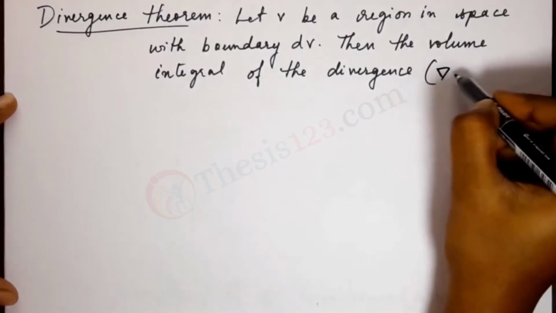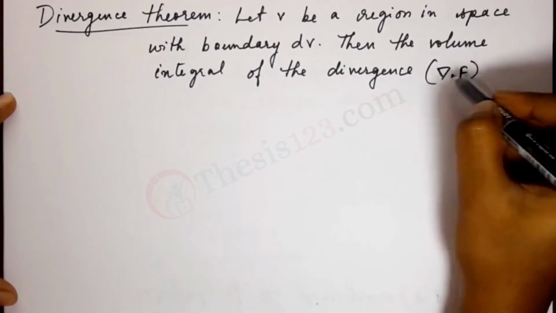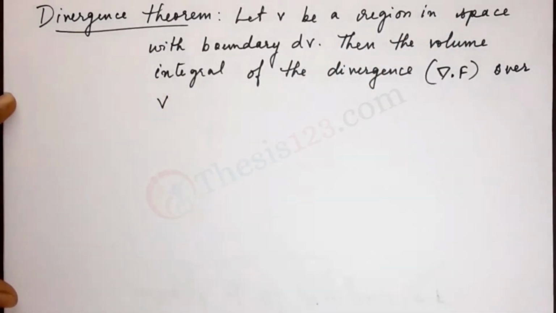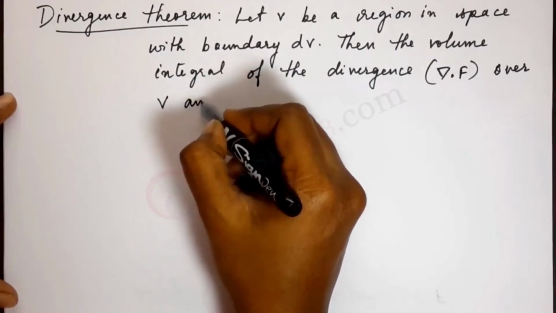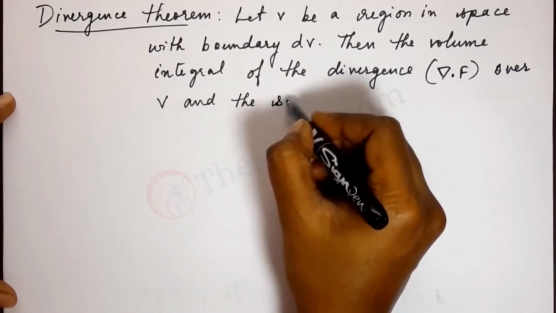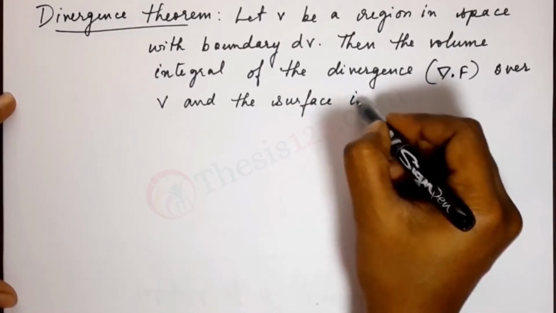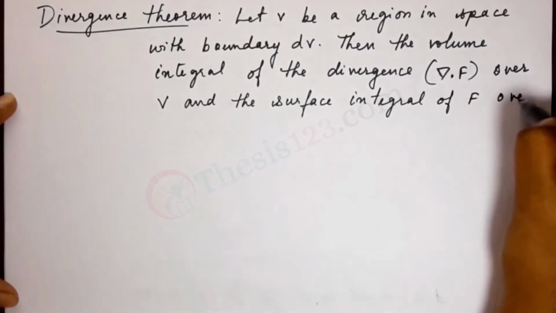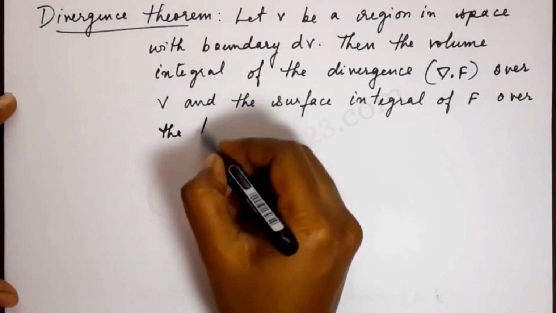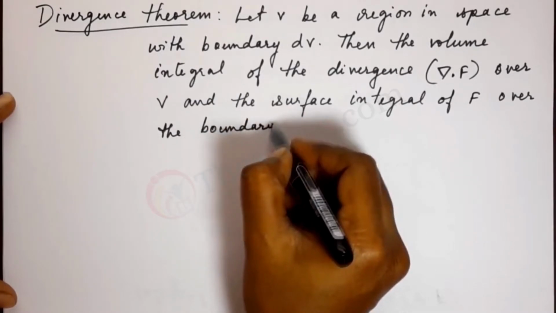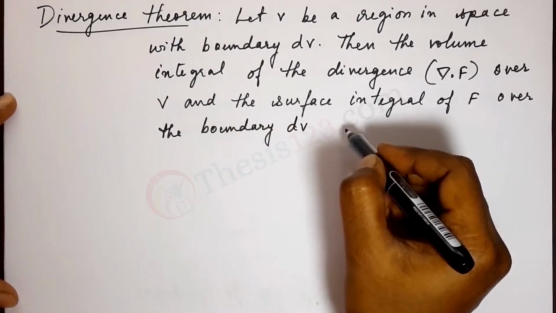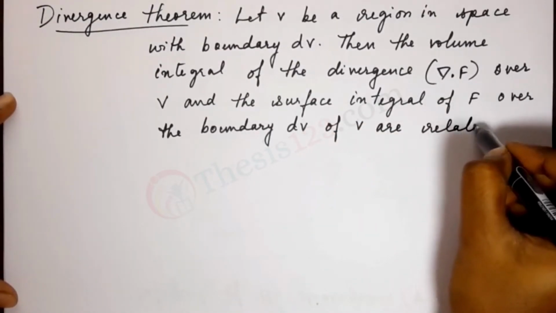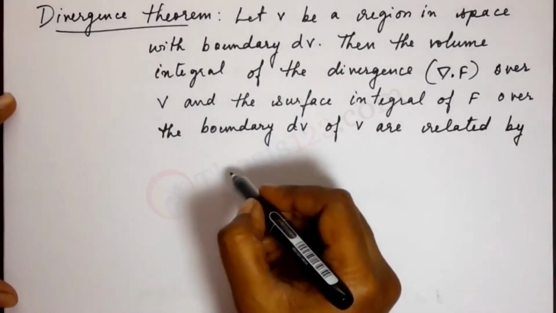Now the divergence is actually del dot f, dot product between delta and f, over V, over that certain region V, and the surface integral of f over the boundary dV. Now dV is the surface, okay, of V, are related by, here comes the equation, they are related by